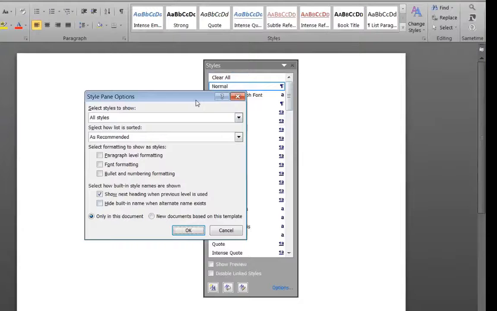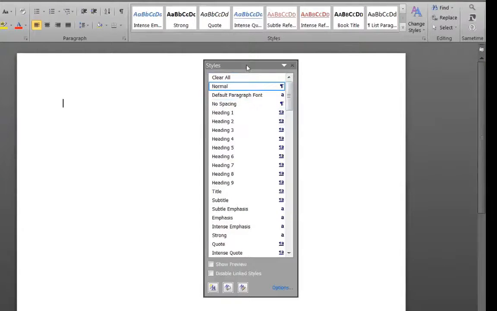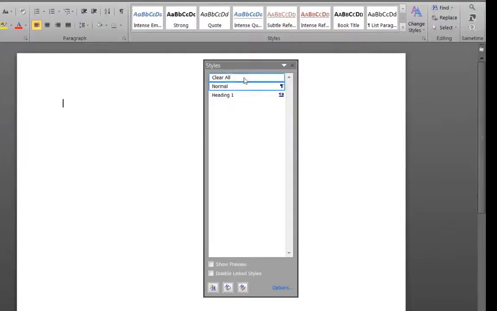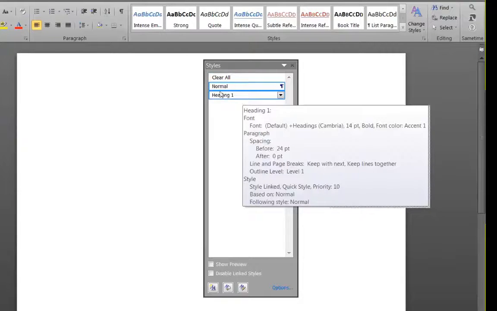What I wanted to show you back here though is that the Styles Options menu can work one of 2 ways for you. You can also use it to track all the styles that you've been using within your document. And to do that, once you've incorporated the way that you want it, we're going to get to that a little bit later, but you're going to come back up here to that style pane and you're going to see in current document is what you want to select. Okay? Once you do that, it's going to show you all the styles that you're currently using